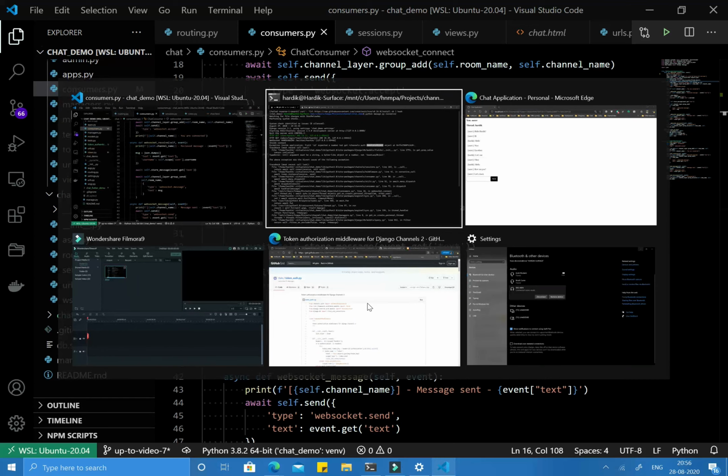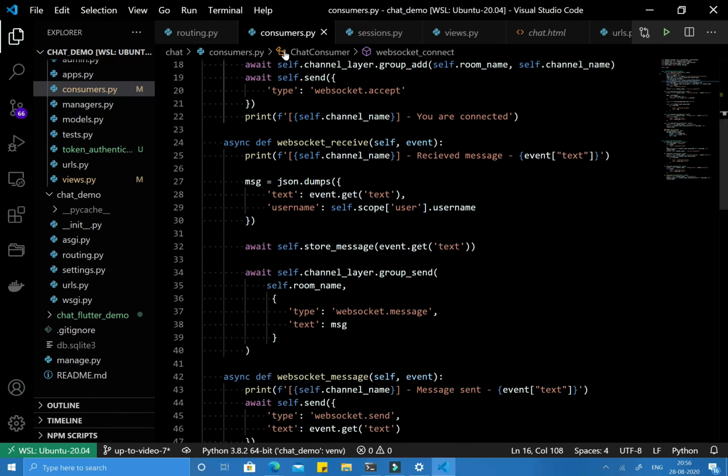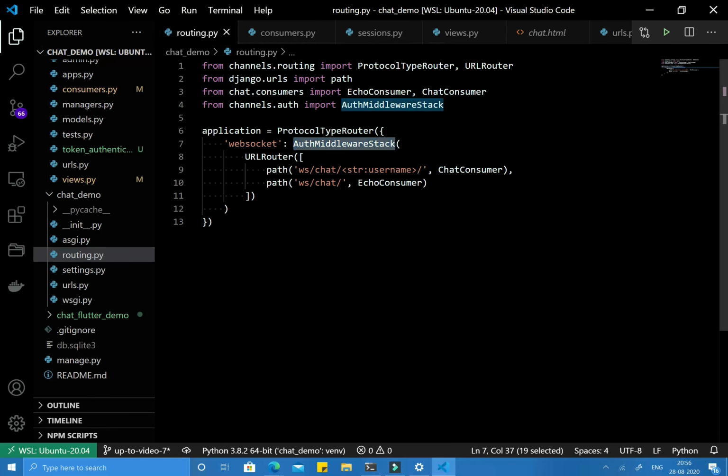Now what we need to do is add token authentication to this routing here. As we check for session, in the same way we have to check for the token. And how does this work? As you know, in settings.py we were setting middlewares, where it executes the request from top to bottom, right? So it checks each and everything.